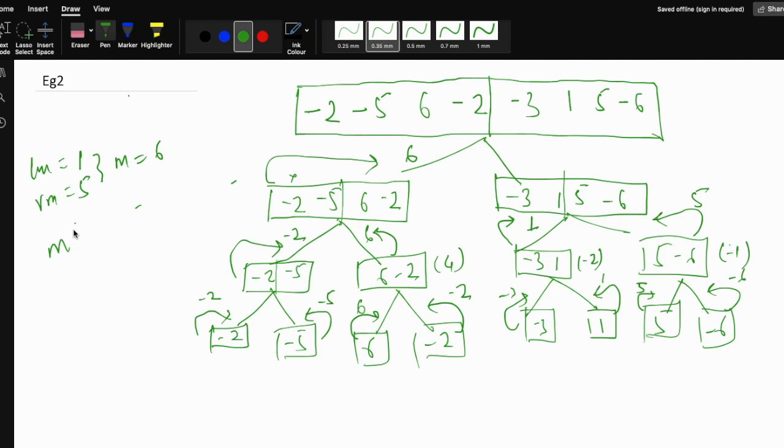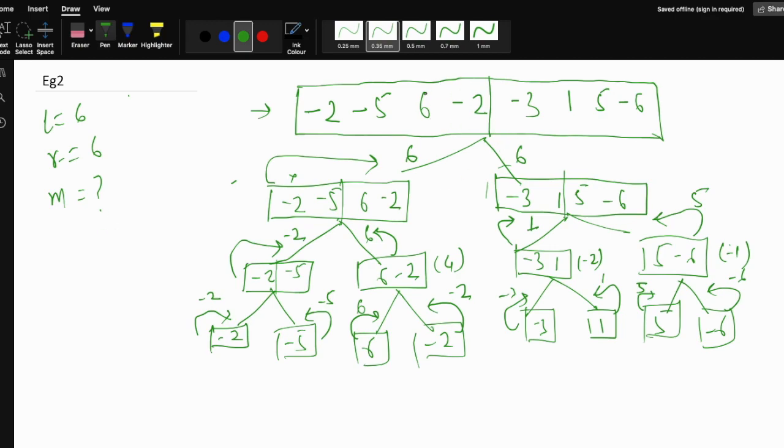So we have to calculate the maximum along the left, right and mid. Left we are getting 1, from the right side we have got 5, and the crossing maximum is 6. So the maximum among these three is 6. So we have got 6 here. Now for the left we have got maximum 6, and for the right we have also got maximum 6. So for this array, my left is having value 6, right is having value 6. Now we have to calculate the mid value.